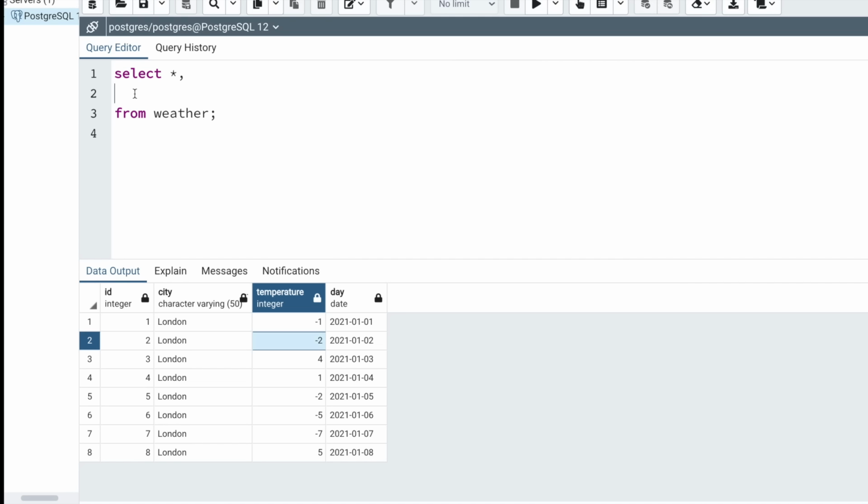So what we can do is case when temperature is less than 0. This is my first condition, the temperature of the current row. This by default will be pointing to the current row, whatever it is processing. It will check if the temperature is less than 0. If this condition is met, only then look for the next condition.